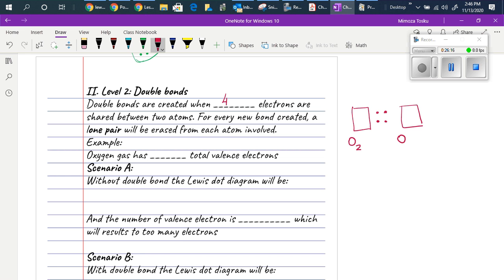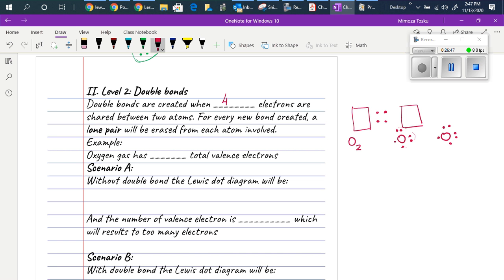Each oxygen has 6 electrons in the outer shell, so it will be 1, 2, 3, 4, 5, 6. The number of lone pairs on those atoms is 2,